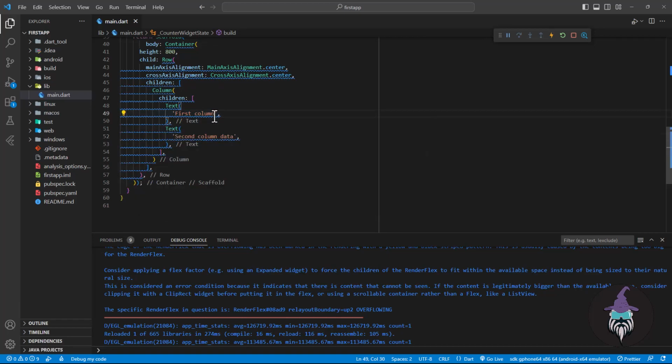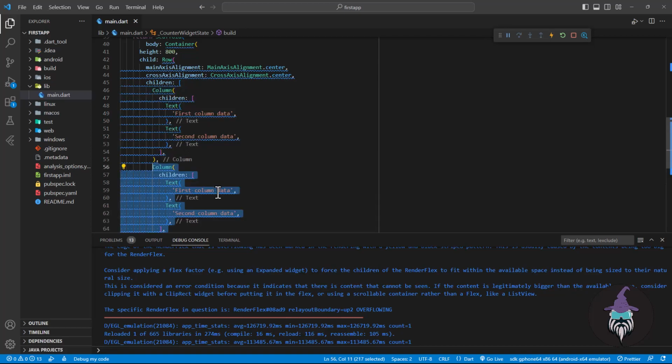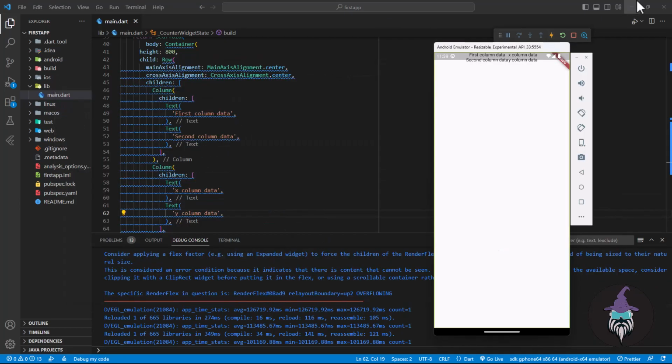Here also data, and I will copy this column again and paste it below, and I will pass this X column data and Y column data. Now let's load the code, and you can see